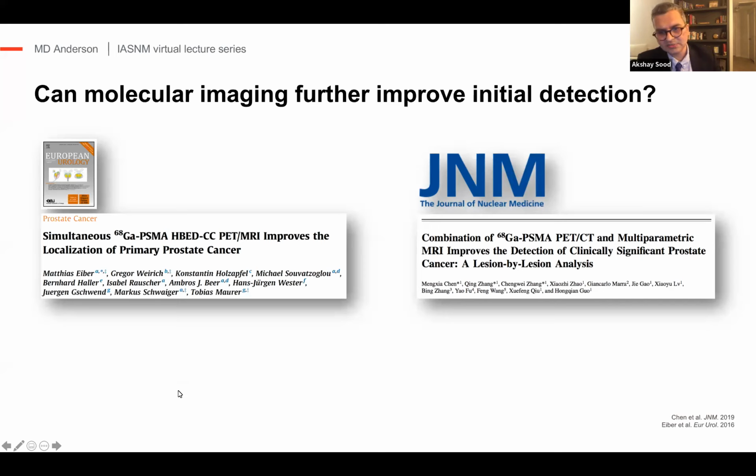The Eber et al. study is very well known. I forget the exact number, but I think they looked at approximately 50 patients, and these patients underwent both multiparametric MRI and a gallium PSMA scan. What they found was that the area under the curve improved significantly, I think around 85% with the combination imaging compared to about 65% with MRI alone. So this paper gave us a signal that maybe there is some role for incorporating PSMA upfront, even when we are not really considering high-risk disease for staging. This is just for diagnosis of primary prostate cancer.